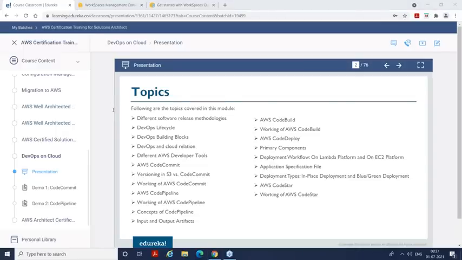Is there any way to download this presentation slide? Amar, I'm sorry, but Edureka does not have that provision. Even I struggle at times because even I'm not able to download. To maintain the copyrights, Edureka has disabled that option to download. However, you have lifetime access to this content. It's not like after 1 month or 1 week your access would be removed. No, you have lifetime access to this presentation, the class recording, and all of this.